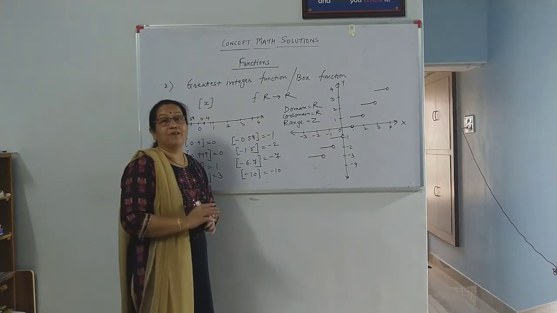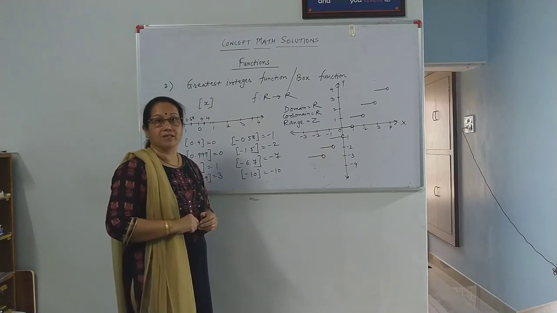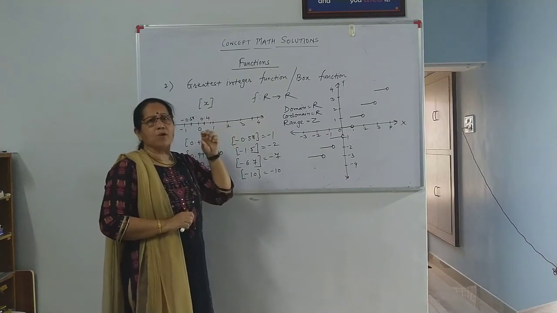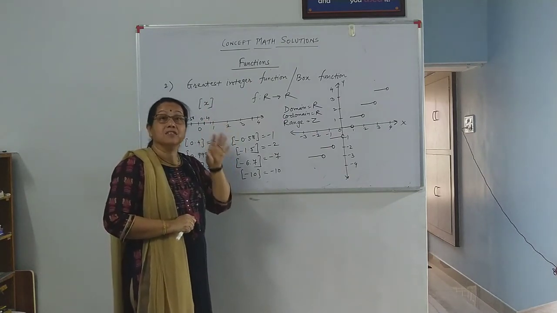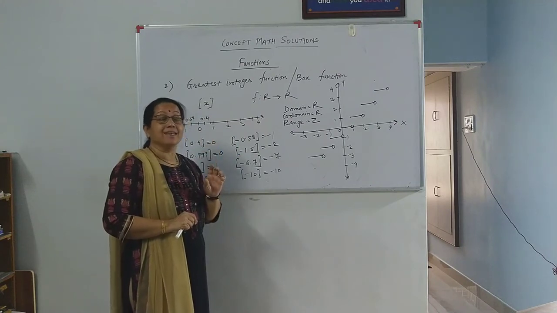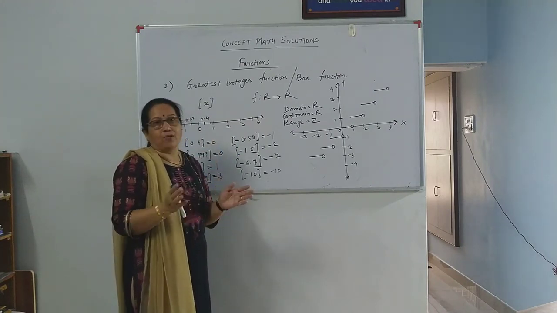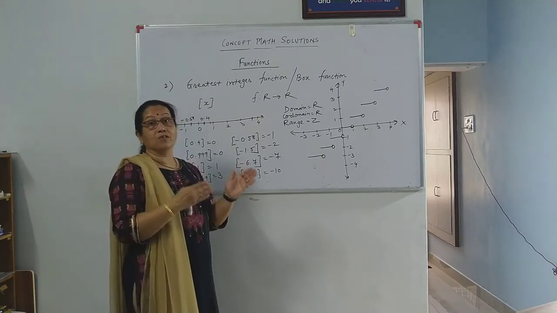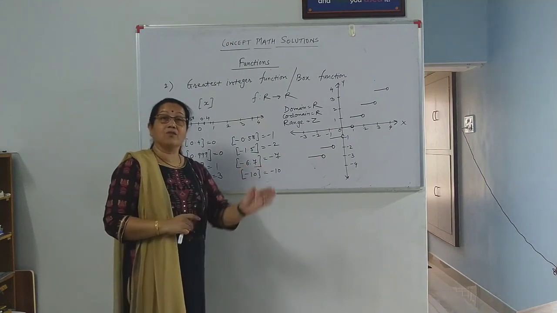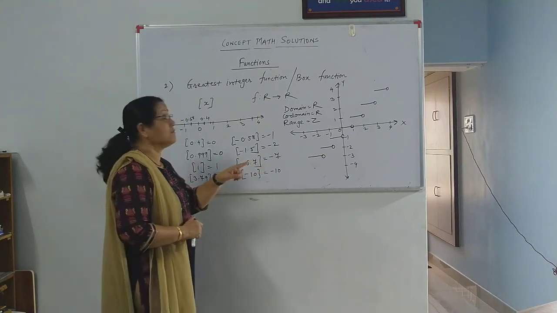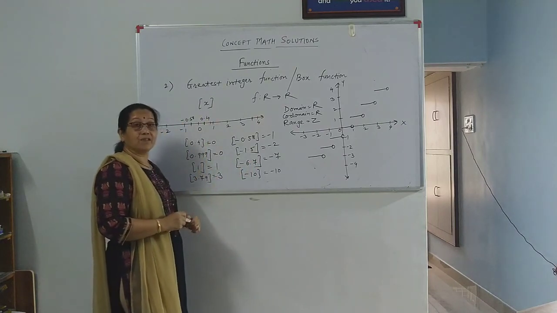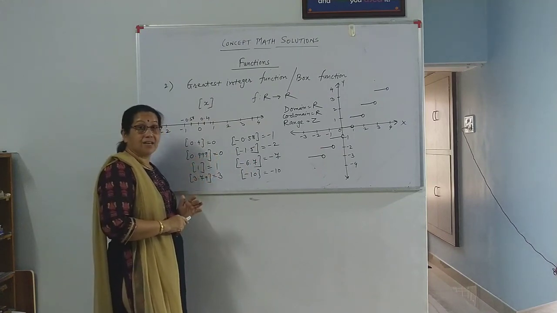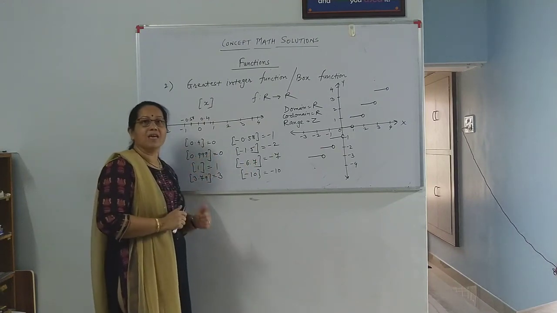That is, in today's video we have discussed two very important kinds of functions. First was modulus function, and the simple meaning of modulus which you can keep in your mind is distance from 0. Now when you say distance, it cannot be negative, right? So modulus or absolute value is nothing but distance from 0, and that is why we had modulus of minus 7 as 7 and modulus of 7 also as 7. The next function which we discussed was greatest integer function or box function, and this is its graph, and domain, codomain and range, right? Understand these two key functions, right?